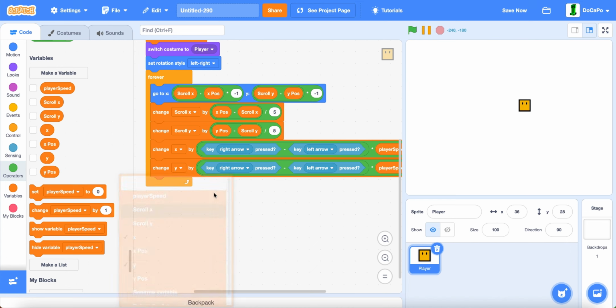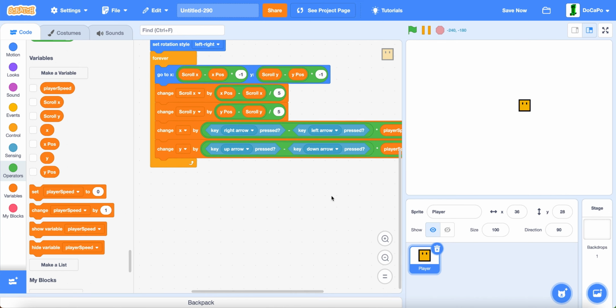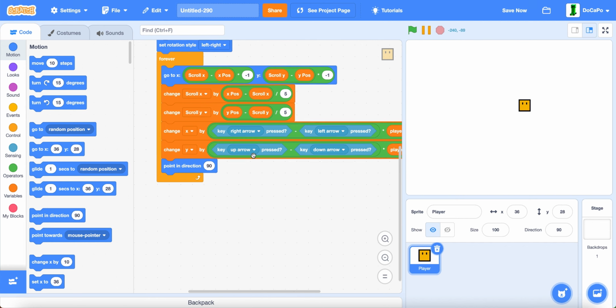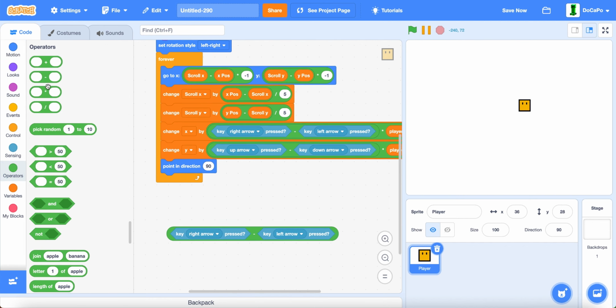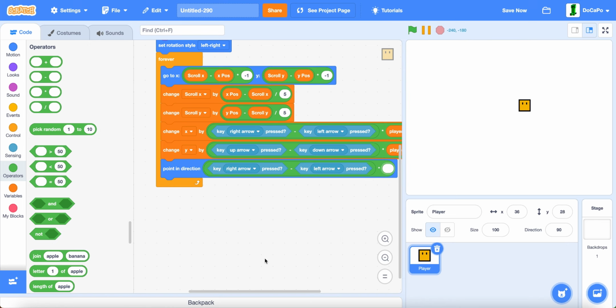Duplicate this, do it for y, key up arrow subtracted by key down arrow times player speed. Then point in direction, duplicate this, right arrow subtracted by left arrow times 90,